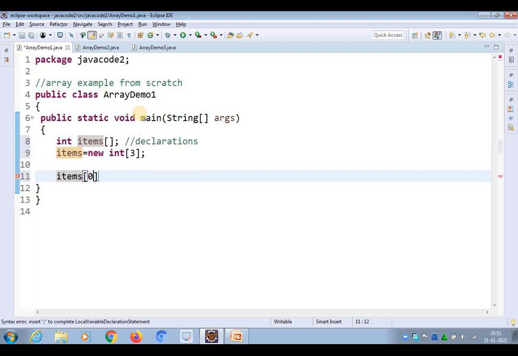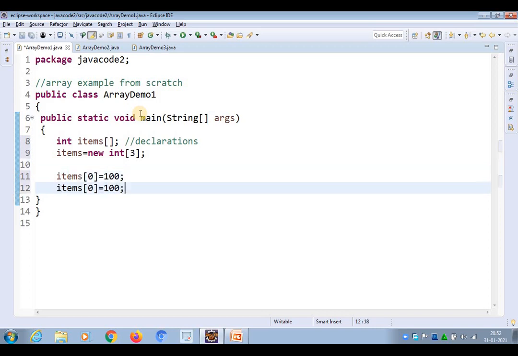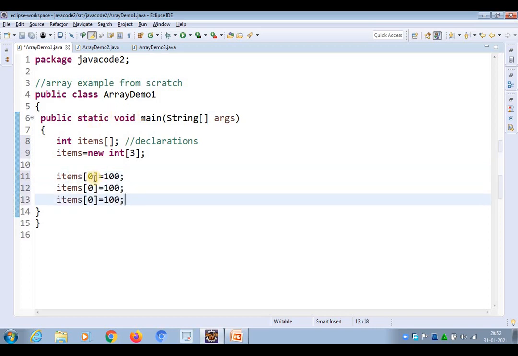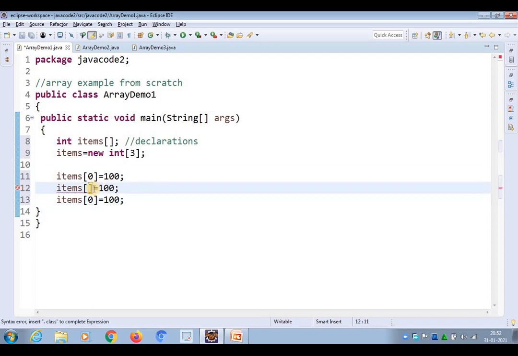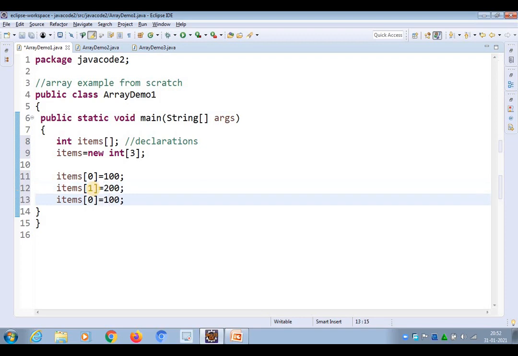Items of 0 equals 100, and similarly I am copying this and changing the index to 1 with 200. Next one is 300, whereas its index is 2.